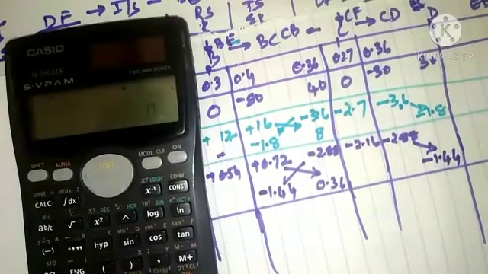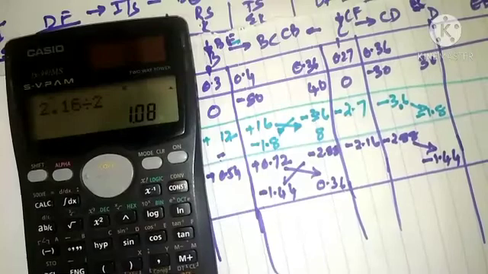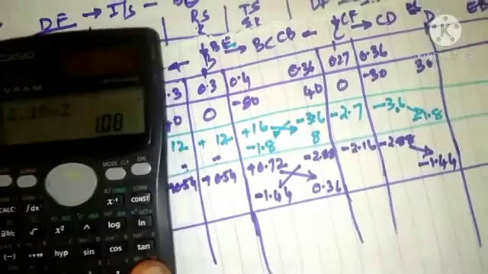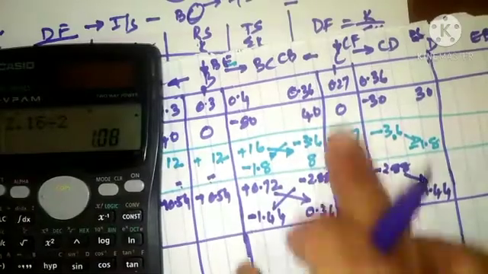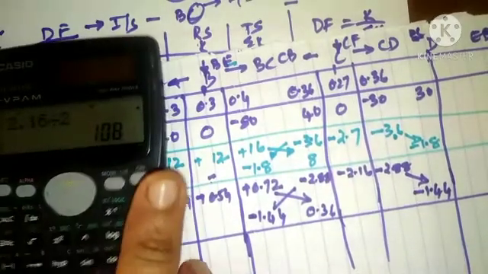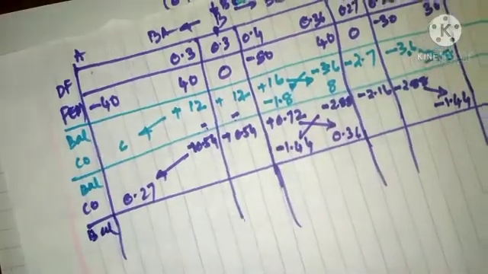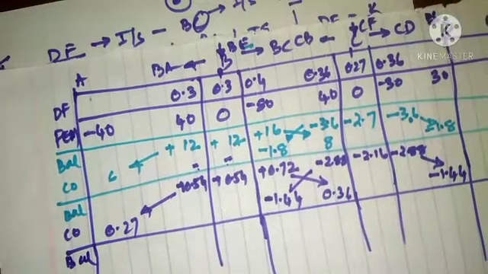2.16 divided by 2 comes as 1.08, so minus 1.08. This is the transfer moment from C to F at point F. That is, 1.08 is transferred here. Next procedure is balancing again. When we do the balancing procedure here,